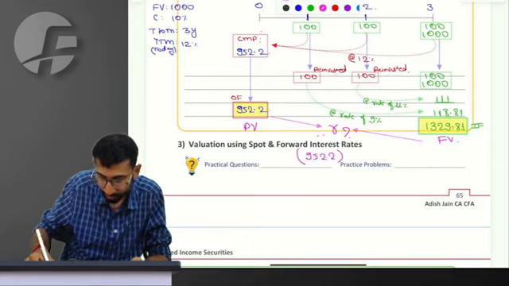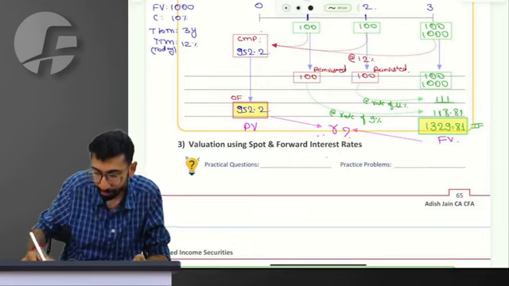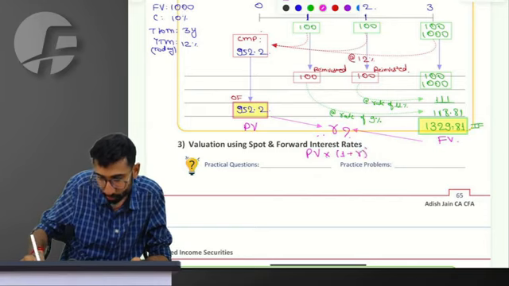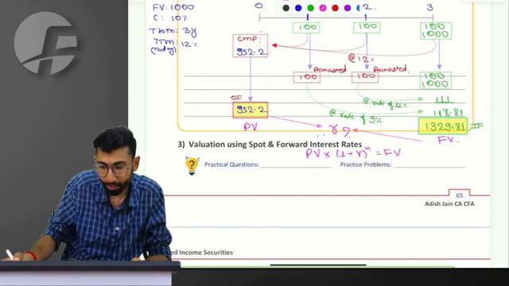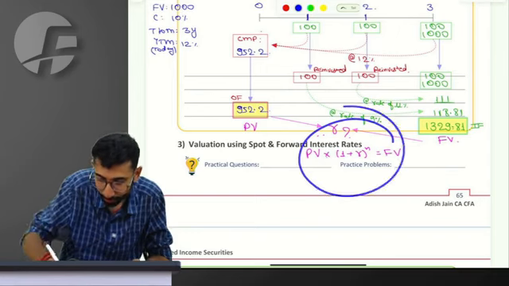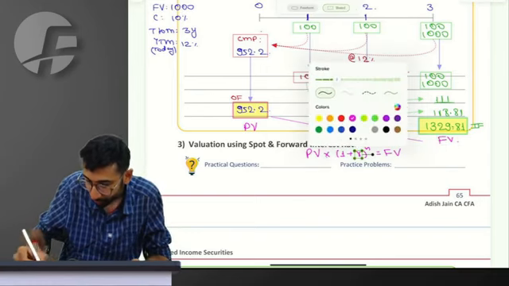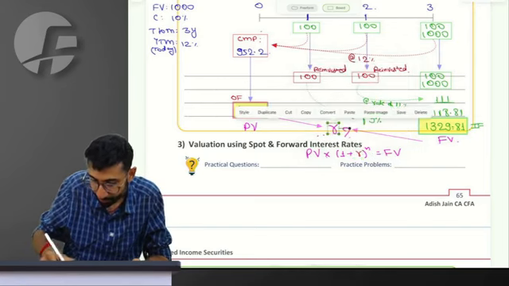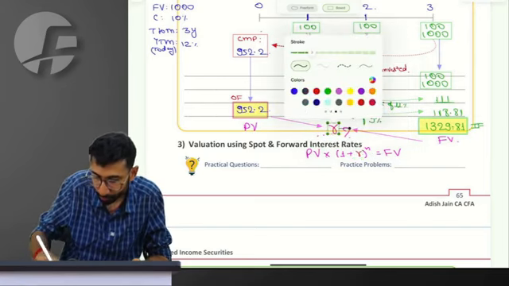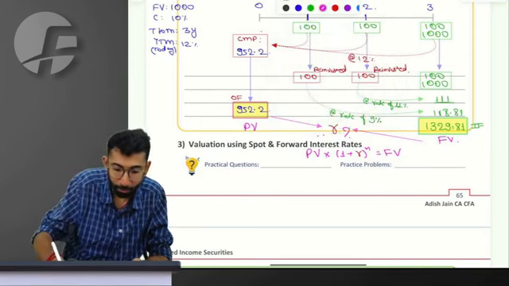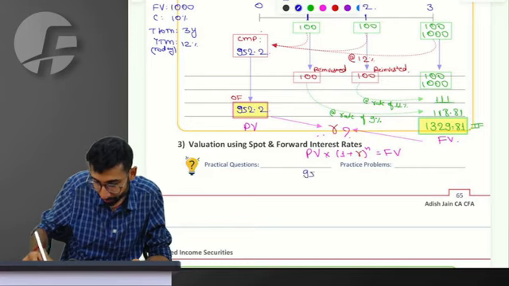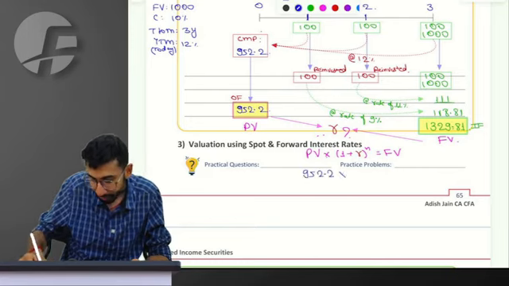952.2, so let me say it this way. Can I say present value into (1 plus r) to the power n is equal to future value? And if you realize, you have all the numbers with you except for this r marked in red. So let me find out that compounded annual rate of return r, everyone. It is 952.2, that is multiplied by,